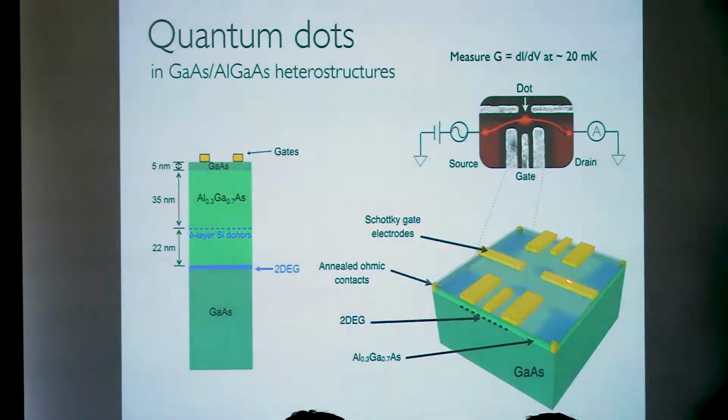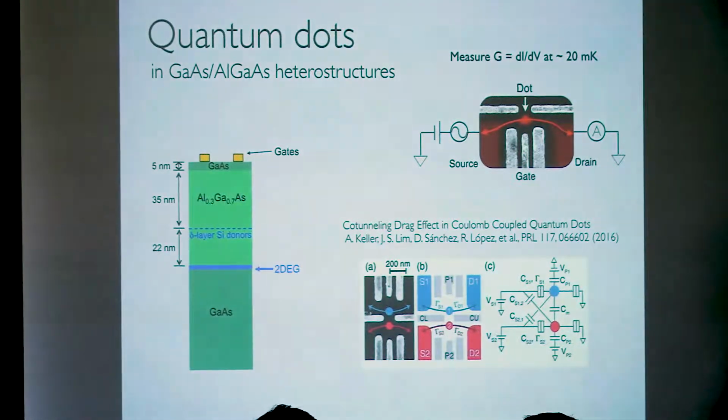So here I'm just showing a double quantum dot system that we studied for many years in our group. Originally, we had the idea of studying a kind of Kondo effect where you had both spin and charge degrees of freedom in this picture. But it turned out later, I thought I'd just mention this since it's relevant to a lot of people in the room, we used the same device not to study the Kondo effect, but to study a co-tunneling drag effect in which a voltage bias across one of the two dots could be observed to induce a current flowing in the dot that's side coupled to it. That was work done with David Sanchez and Rosa Lopez, who are both here today, of course.